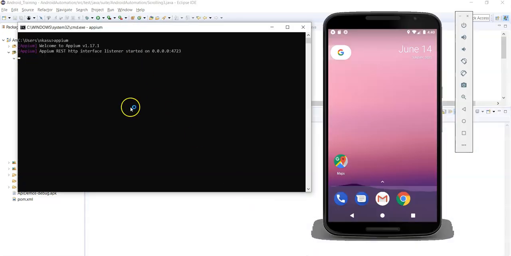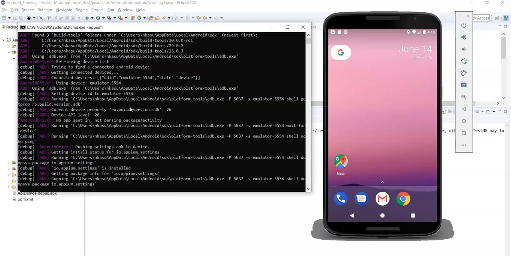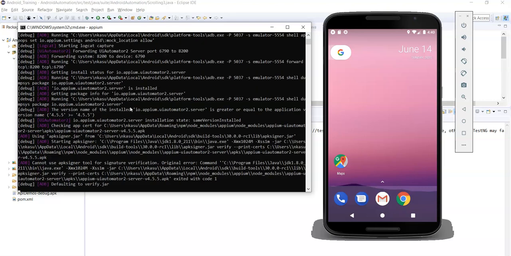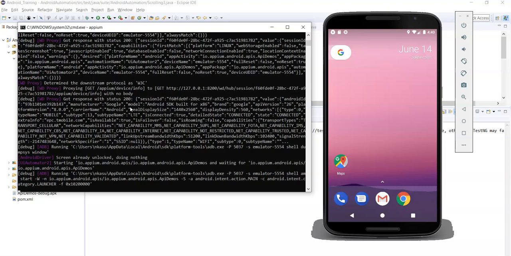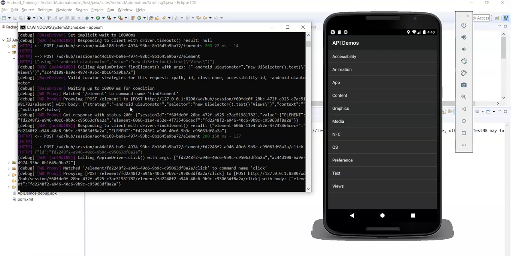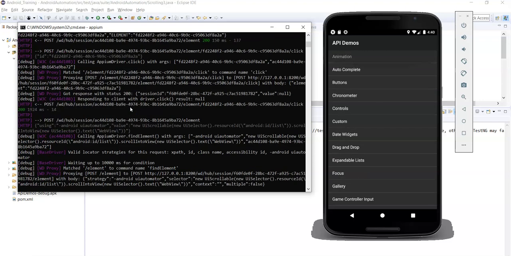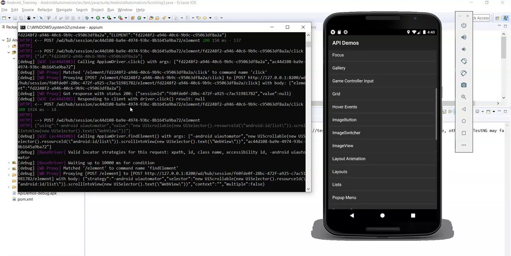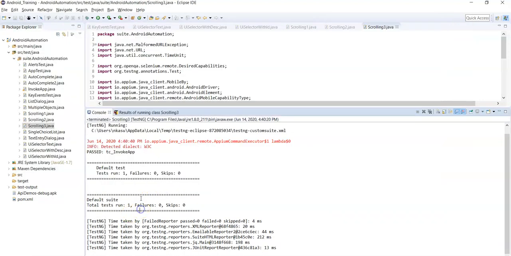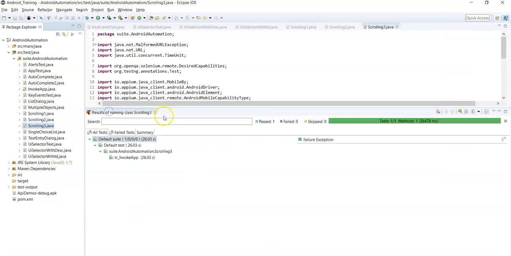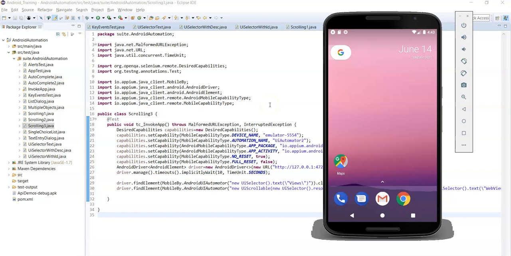Now you can observe here that it is scrolling down until web view is visible. Okay, now test case got successfully passed, right? In this way you can use scroll into view method to scroll down to the particular element.